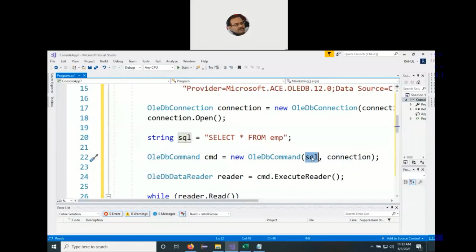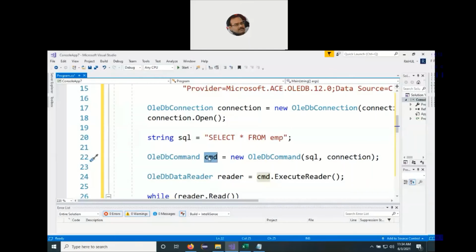One is the SQL statement, that is your select star from table, or any other kind of statement which you would like to pass through your OLEDB command, and the name of the OLEDB connection class reference variable, which is connection in this case. Now how do we read this line? We are making a call to the two argument constructor of the OLEDB command class. If it is successful in its execution, that means it is able to locate the SQL statement as well as the connection, then the return information we can store into the OLEDB command class reference variable called CMD.